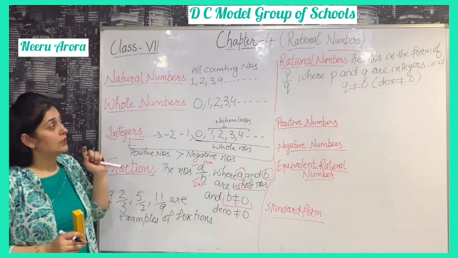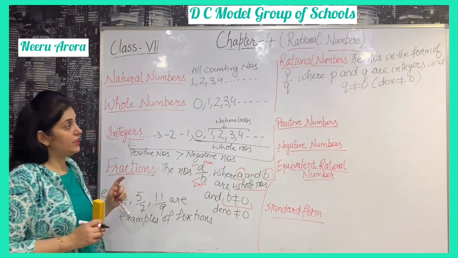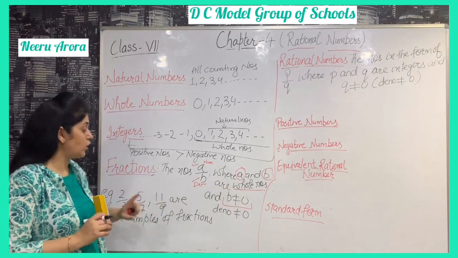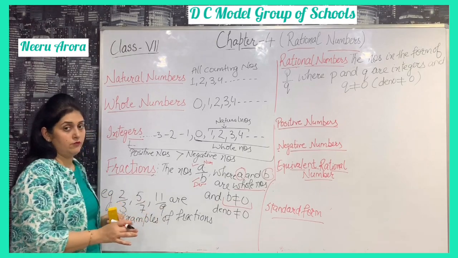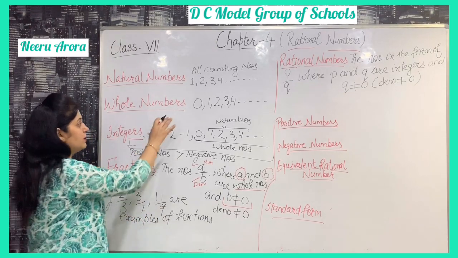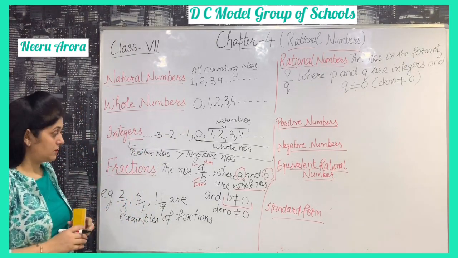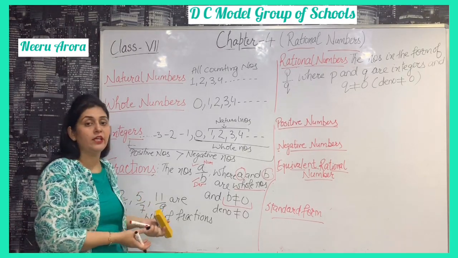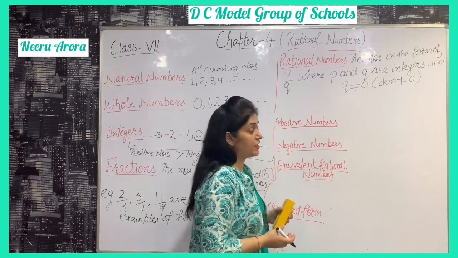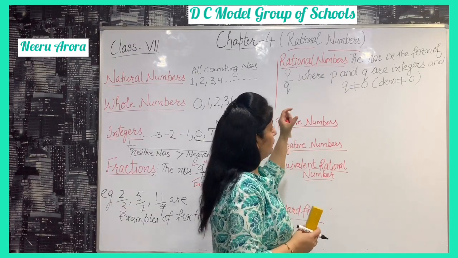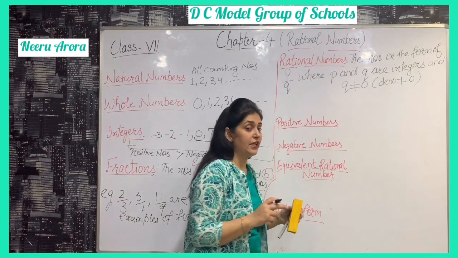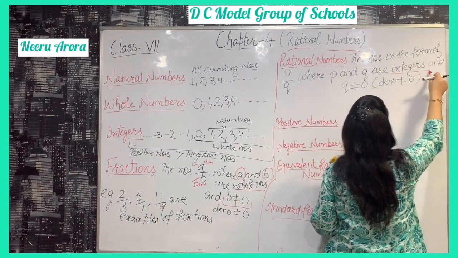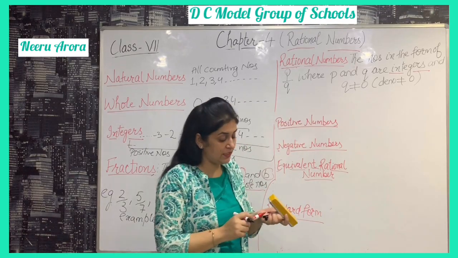So the definition is almost the same. Where is the difference? Here it is whole numbers, meaning in fractions there are only positive numbers. We are not taking any negative numbers. Whole numbers are only positive numbers, and we are considering only positive numbers. But here in rational numbers, we have both positive and negative numbers, because we have given the condition integers. So integers have positive and negative numbers.